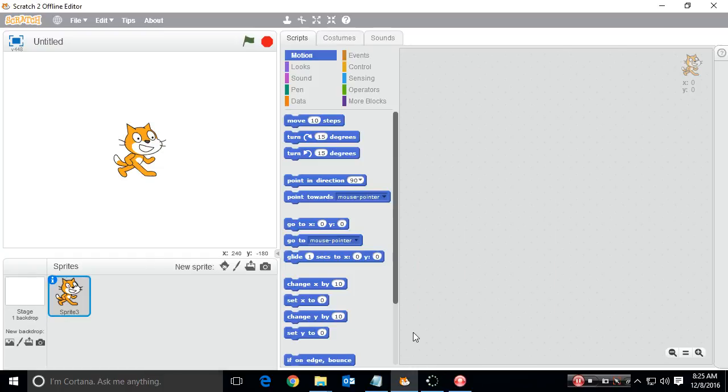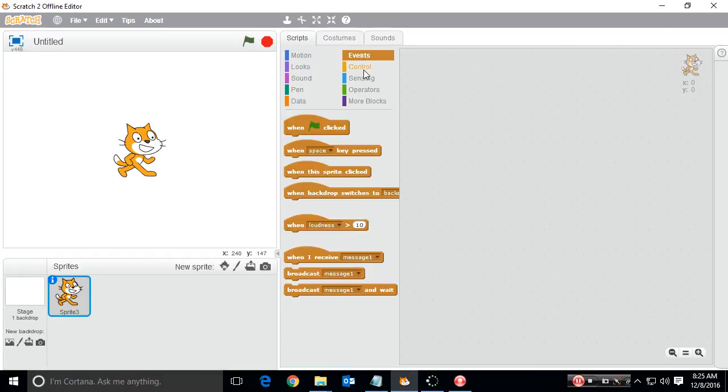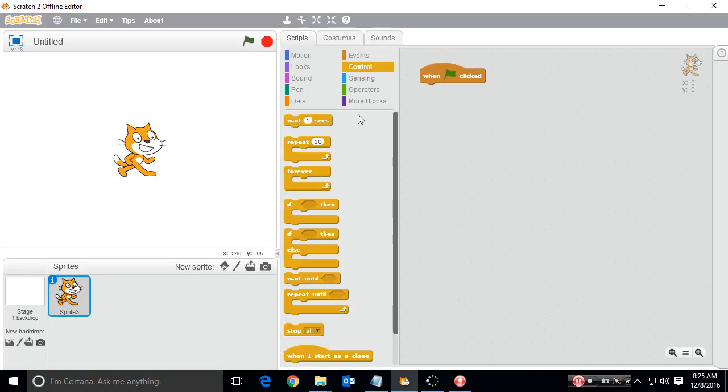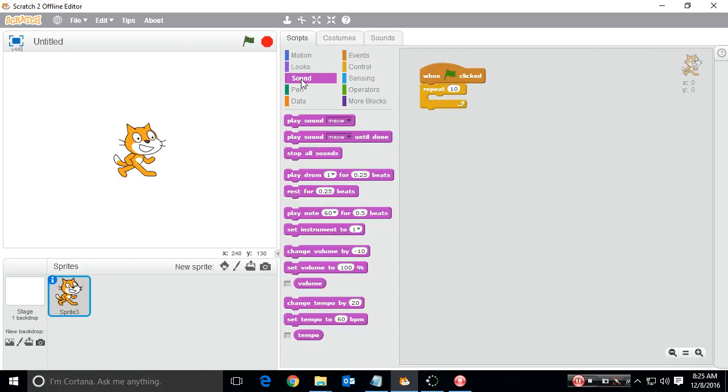All right, this assignment will be a little shorter, a little simpler. I want to quickly talk about loops in programming. Okay, so I'm going to say when the green flag is clicked, forever, and that's the most basic loop. A repeat, right? This means do this thing that many times. So I could play the meow sound,